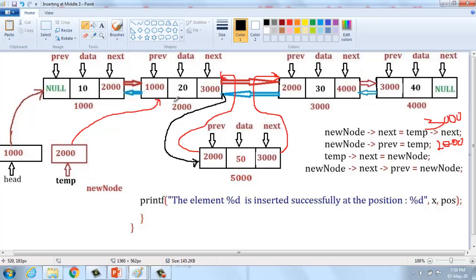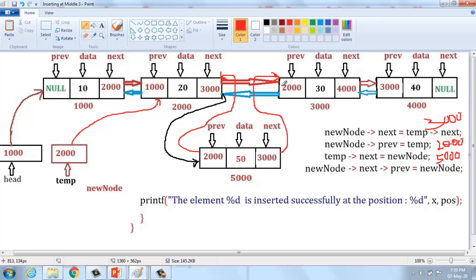That is temp of next. What is temp of next? This is the temp of next, that is 3000. Which node does it point to? That is the new node. Here it is going to represent 5000. The link is automatically created.